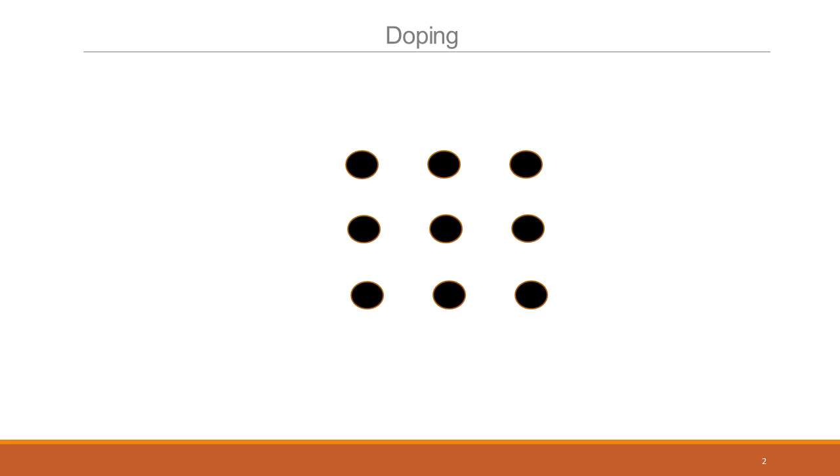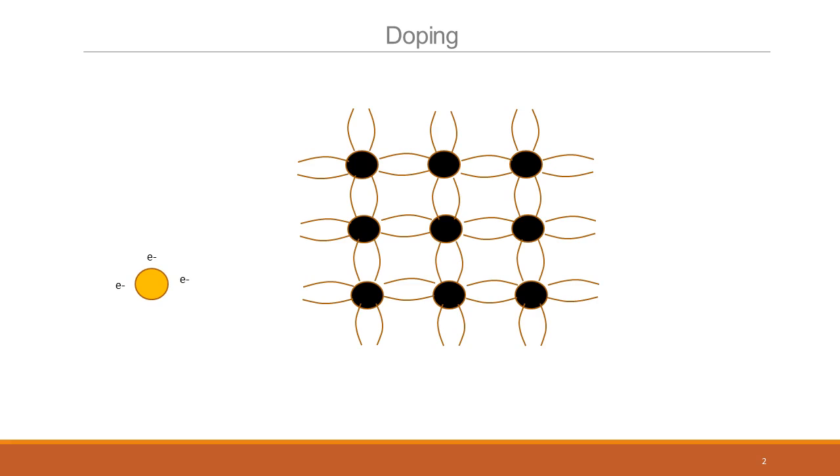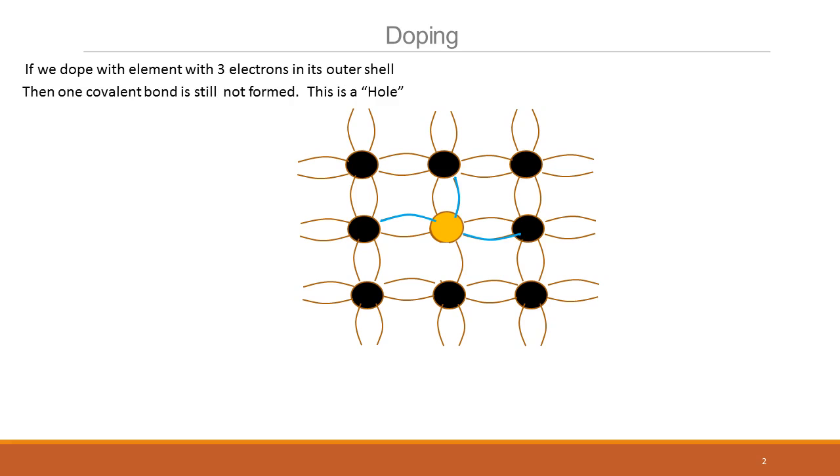Let's see what happens if the same silicon lattice structure we dope it with an atom which has just 3 free electrons. Right. So previously we had 5 free electrons, now we have an atom which has just 3 free electrons. So when you dope it with this, these 3 free electrons will form covalent bonds with 3 silicon atoms in the neighborhood. Right. So this atom, since it has 3 free electrons, forms covalent bonds with 3 silicon atoms. The 4th one, it won't be able to form, because there is no free electron here.